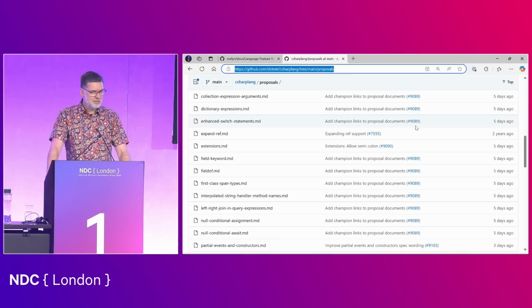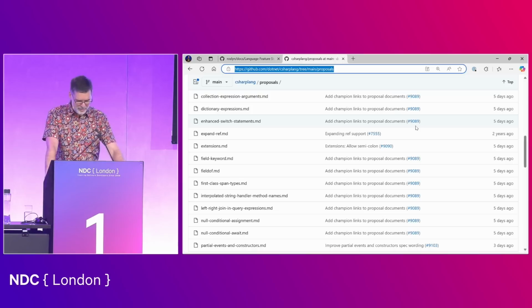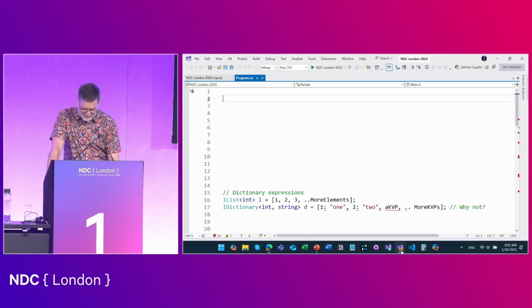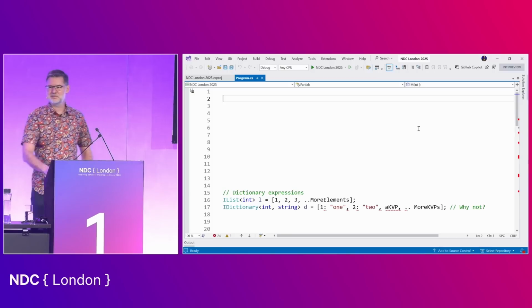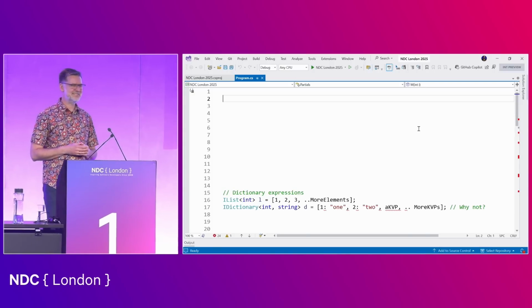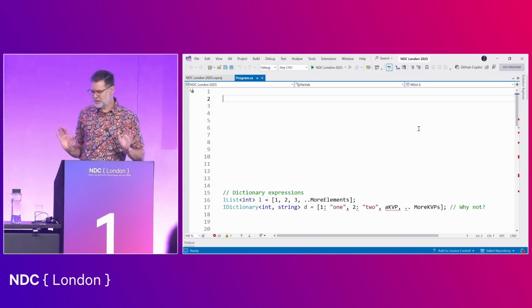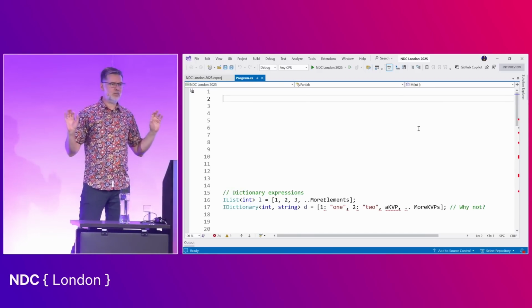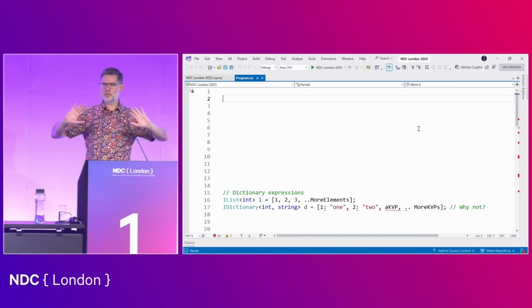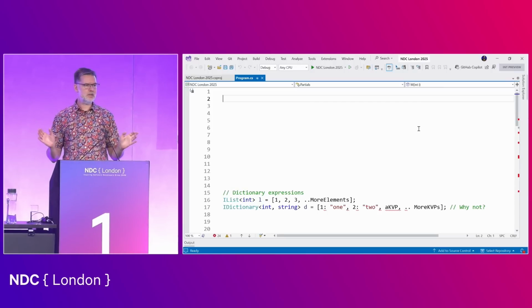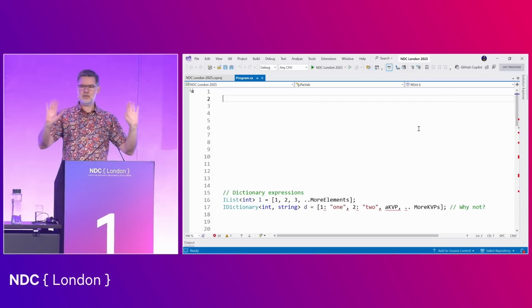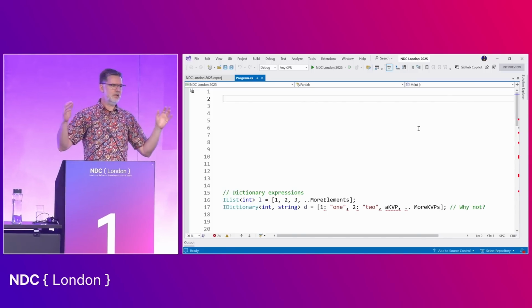Now, I'm going to demo C# 14 for you. I know I told you we haven't implemented it yet, but who's afraid of a little red squiggle? We can still demo it. So I'm going to start with, there's some big features and some small features. And there's one very big feature, and probably the most controversial and interesting, which I'll save for last,